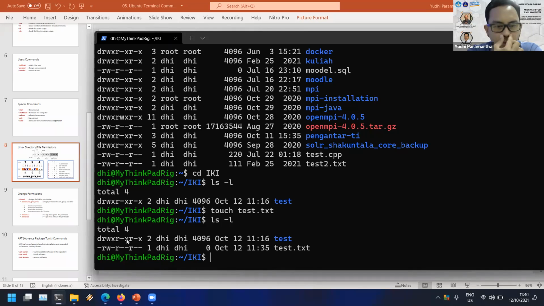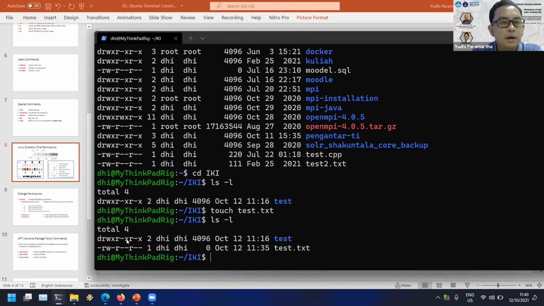Sir, I have a question. Can you modify the permissions for the other users, the group, and the user too? Of course we could, but usually you can only change the permission when you are the owner of the files.